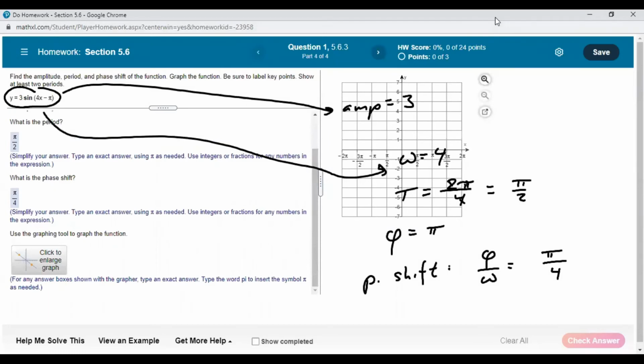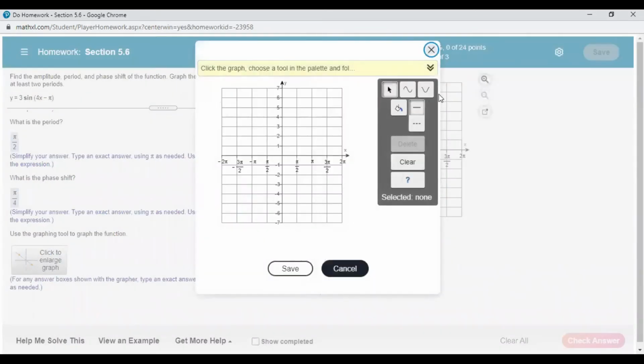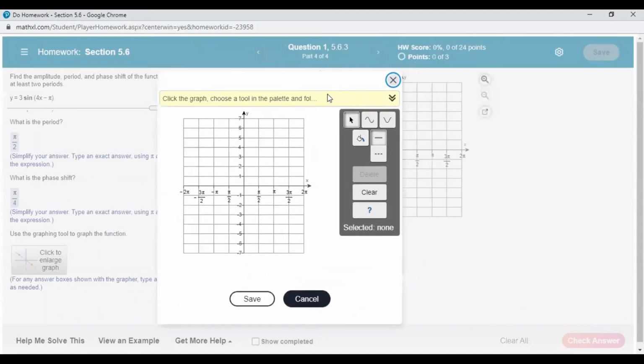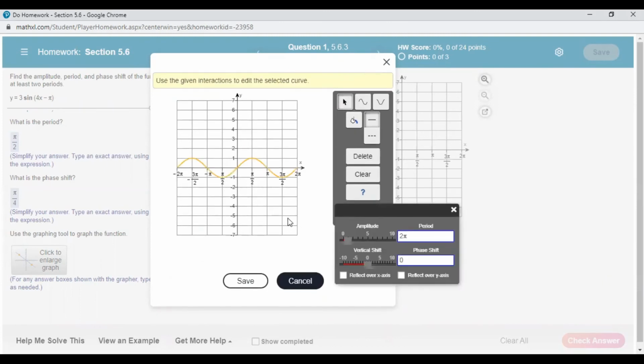Now we need to actually graph this. So what we're going to use is all of those pieces, and then use the graphing tools that we typically have to work with here. The tool that is going to be of use to us is the sine tool. So there's the sine tool or the cosine tool. We'll use the sine tool because that's the function that we're talking about here. And now you just have to click on the graph, and then it starts putting